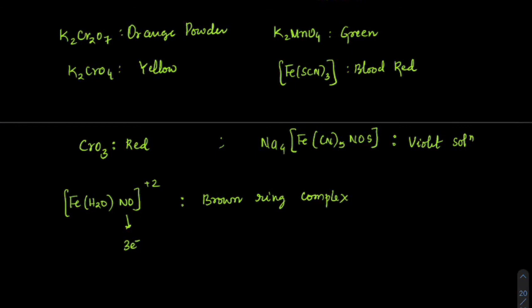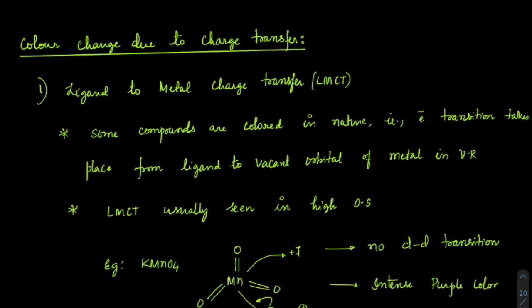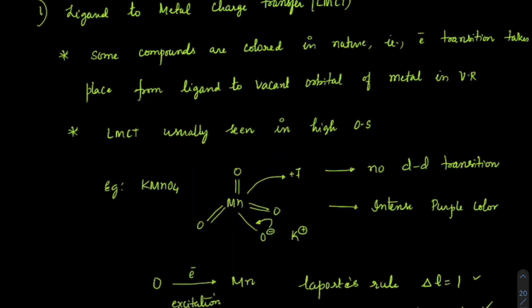Why? Because it is also a ligand metal charge transfer. I am not saying DD transfer नहीं हो रहा है. I am saying DD transfer का intensity कम होता है as compared to LMCT. So जो भी color आता है वो mainly किसके वजह से आता है? LMCT की वजह से. Is that clear? Right. So that means color is coming due to charge transfer.